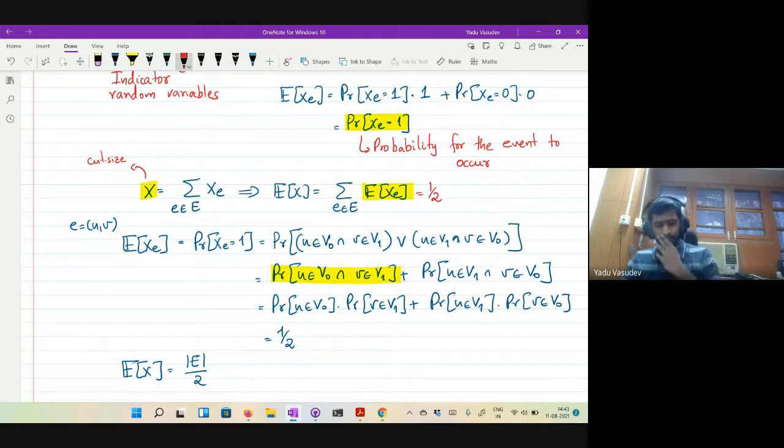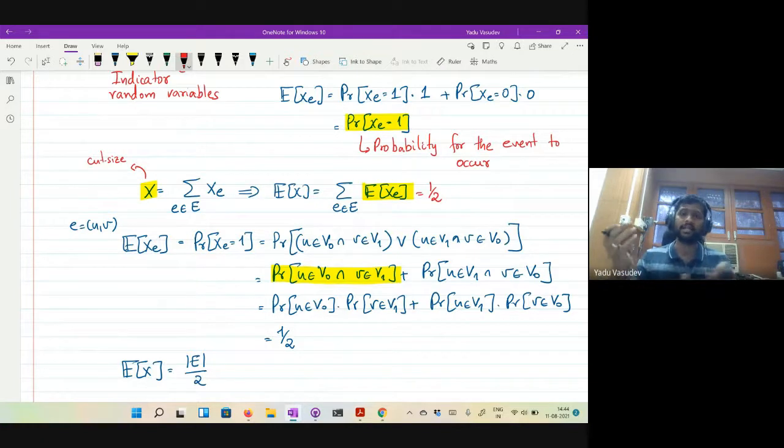All right. So notice that this is still not very satisfactory, right? In the analysis that we have done so far, we've always said that the probability that it will take a particular value is at least so much. You've always tried to prove that there is a high probability that you will output a good value. Whereas here you're saying that in expectation, it is going to output a cut of size cardinality E over 2. Maybe it's going to output a cut of very small size, or maybe very high size. You don't know. All you know is that the average is so much, but you don't know how the random variable is actually varying, right?